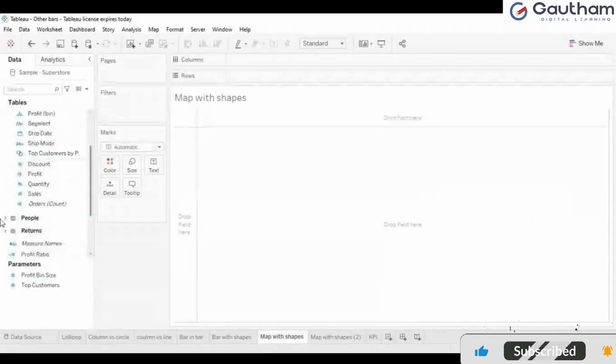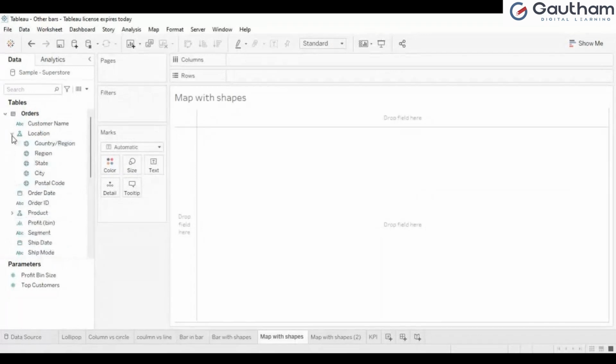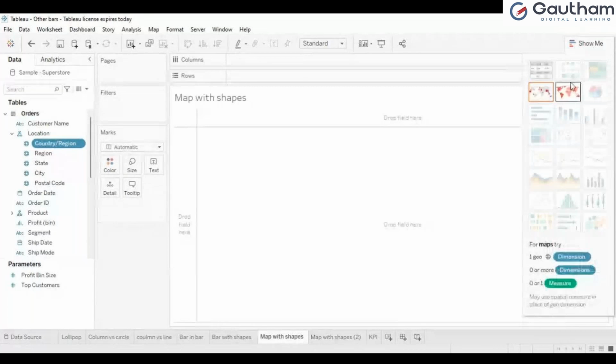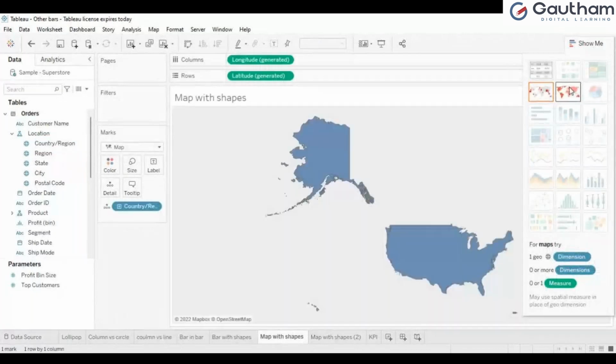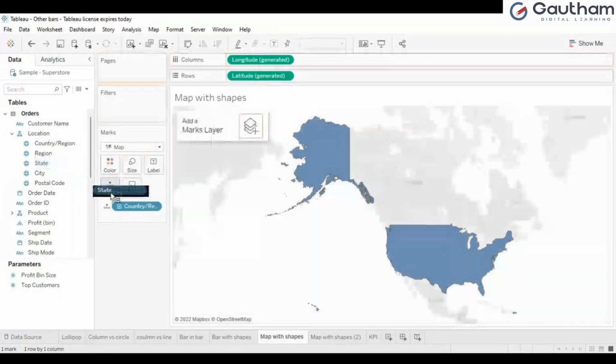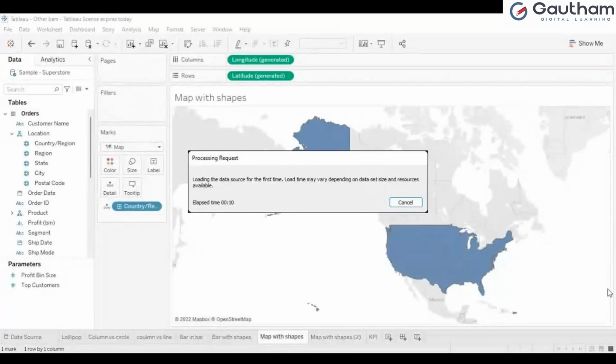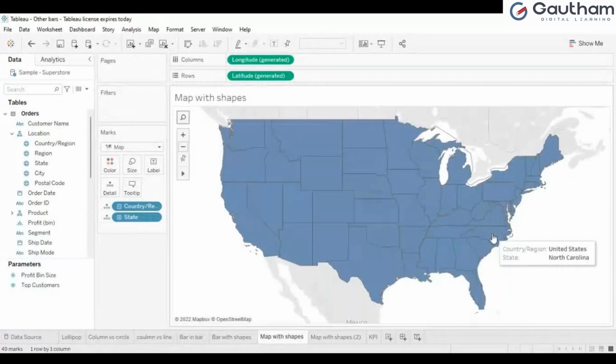To create this, what I have done is in the locations, I just selected country region. I went to Show Me, map, and I have created a map. That's it. This is the first thing I have done, nothing else. When I wanted to see all the states, I brought the state into the details, so that I'm able to see what all states are present in the country. Until here you know already how to create a map, how to remove the unknown locations, and how to edit the unknown locations also I have showed you. If you want to see the names, then get it into the labels. That's all, you know, right?